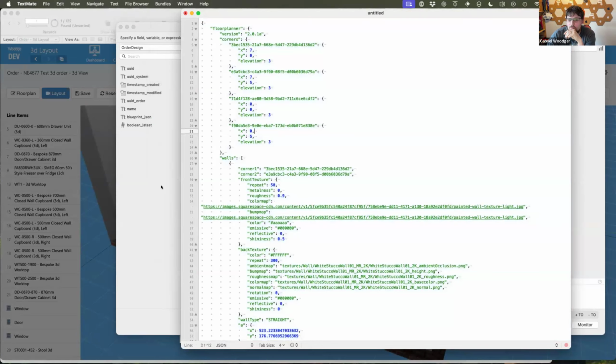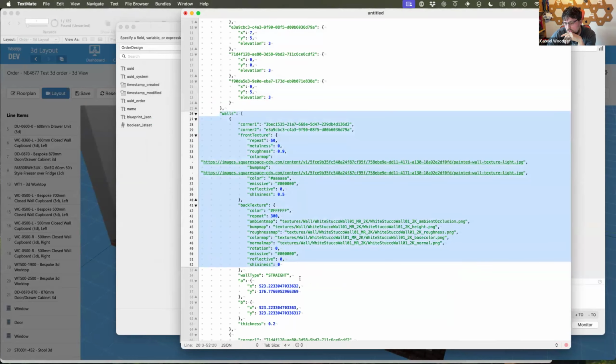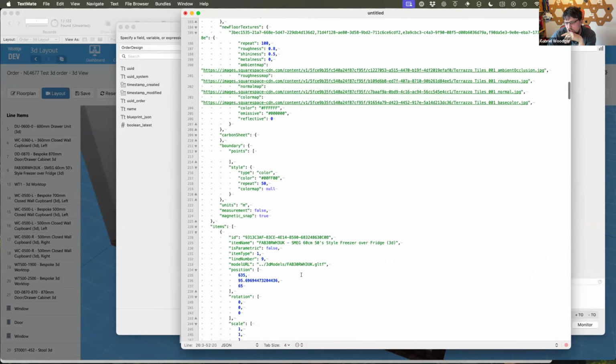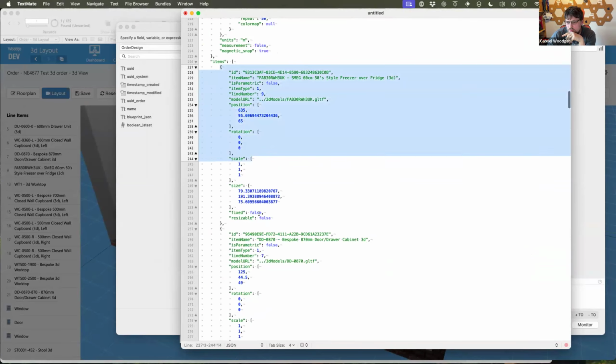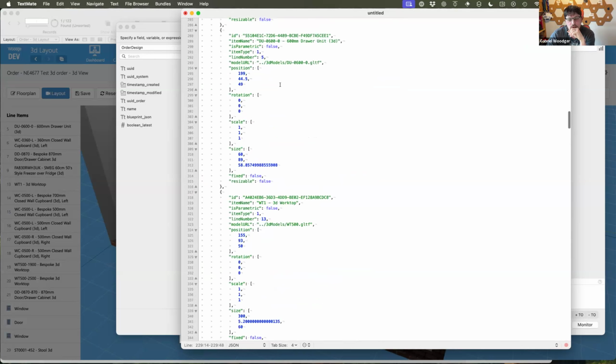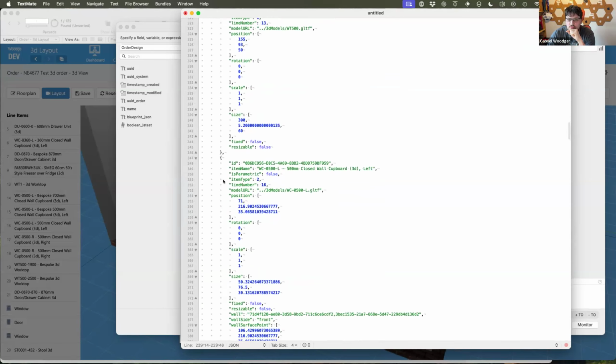So this describes the layout, it describes the size of the room, where its positions are, what the walls are, what textures they are on each wall, and then it describes each item inside of the room, what the path to its model is, what its name is, some other information, its rotation and size, and some other bits and pieces inside of there. So the description of how the kitchen is laid out is in a sort of JSON representation.